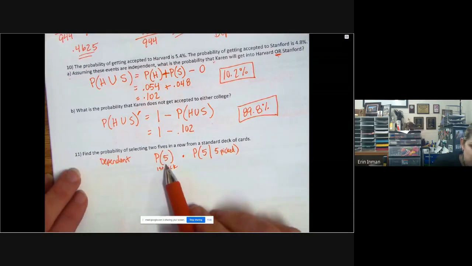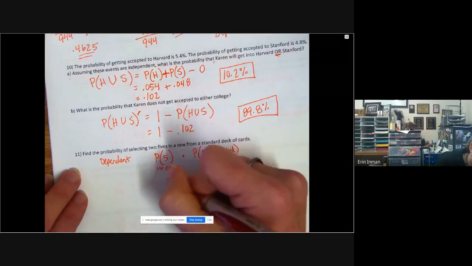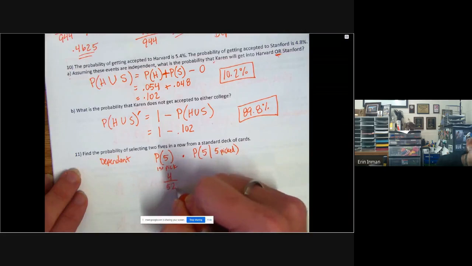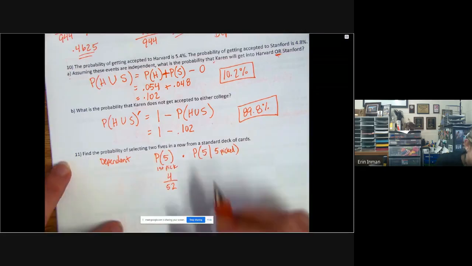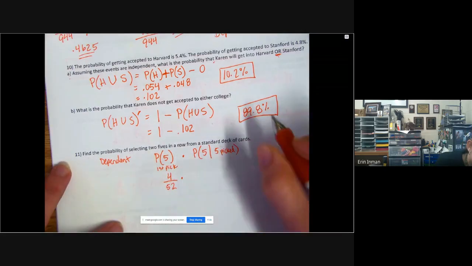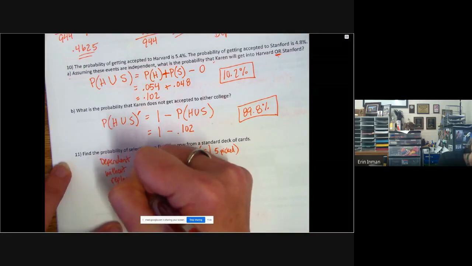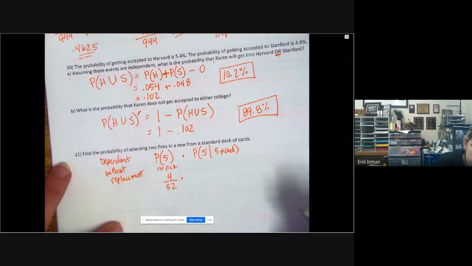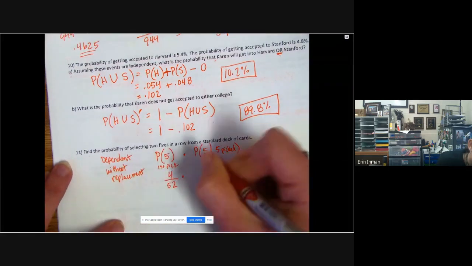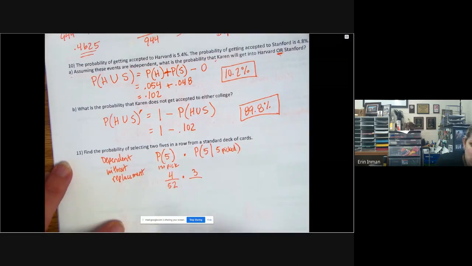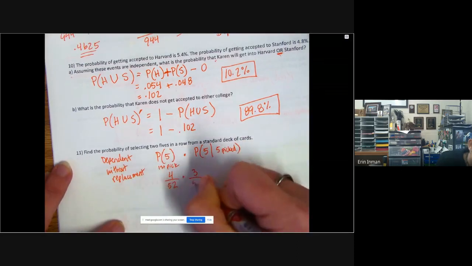So on our first pick of getting a 5, there's 4 5s in the deck of cards that has 52 cards. This would be without replacement. If I hold on to that first 5, the next person that goes to pick a card would have only 3 5s left, so you only have 3 chances to get that 5, and